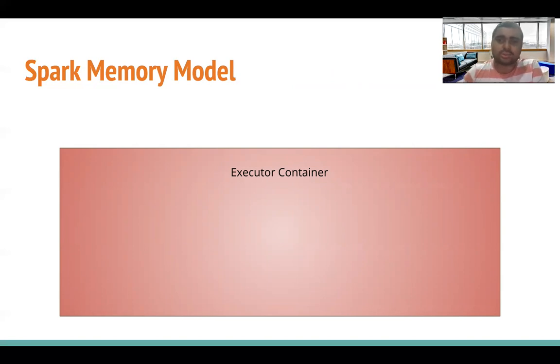Every executor has some amount of memory which you can specify through the default configurations or by passing the configuration at runtime. We have seen some examples of how to pass configuration. On one machine, there can be one or more executors, depending on how much capacity in terms of resources and CPU that machine has. Well, let's talk about one executor container.